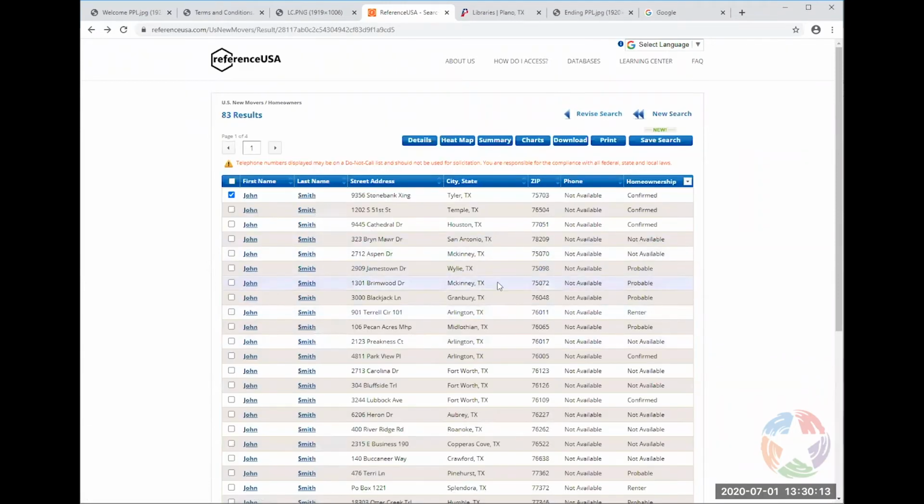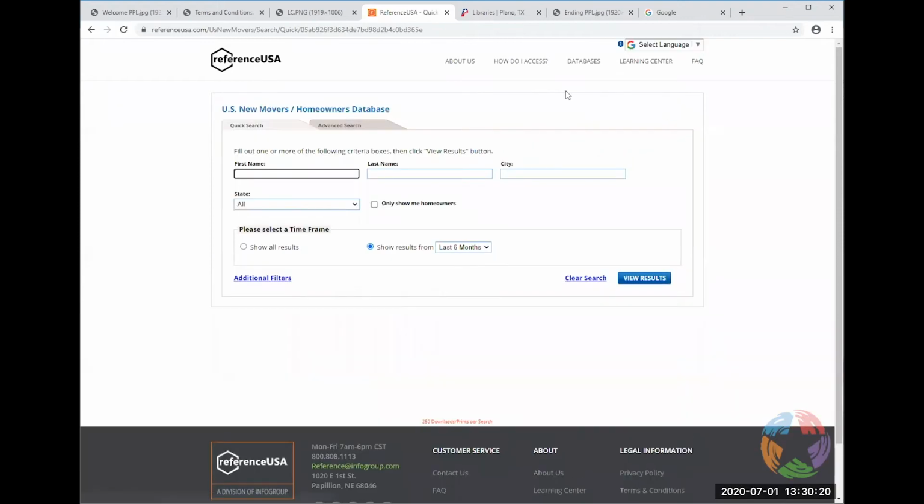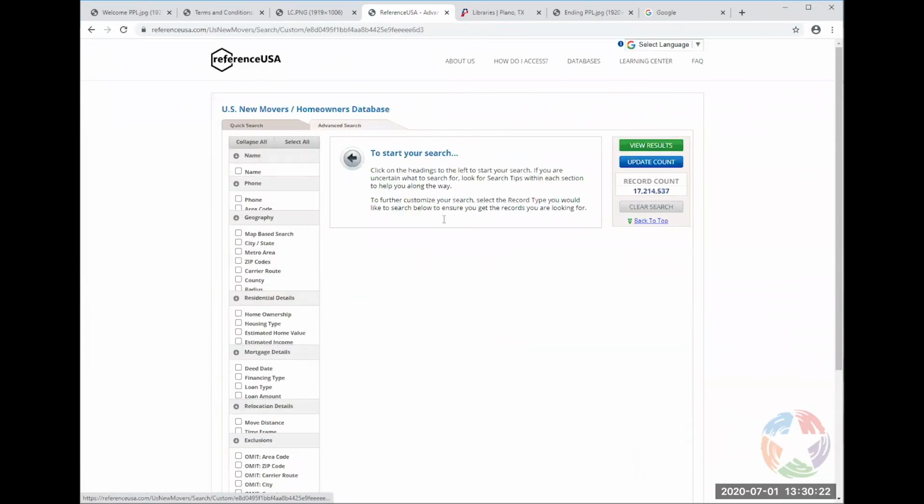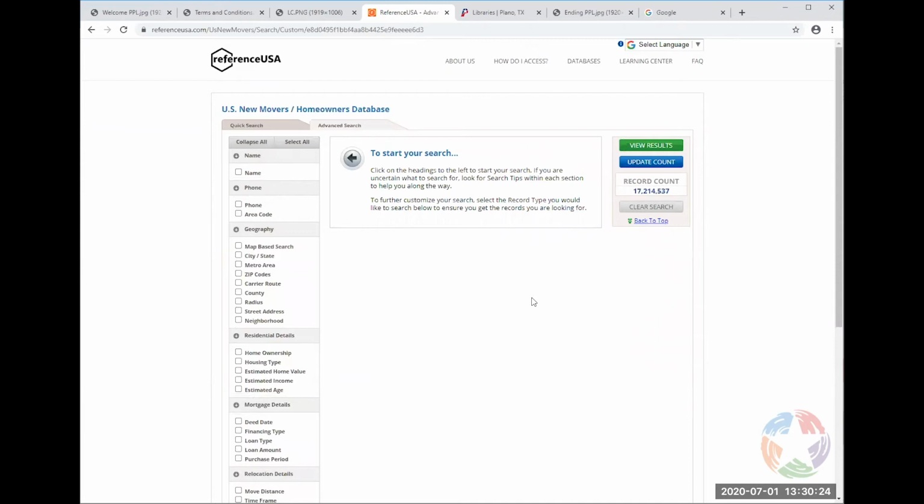So that was our list. But, you know, this isn't really what you need. What you probably need, let me go into new search here, is the advanced search. And this is where you get into the really good stuff. Again, this works just like it worked with the companies. But in this case, we're looking at people, and we're trying to generate a list of people we can target. So we have 17 million people in this particular part of the database.